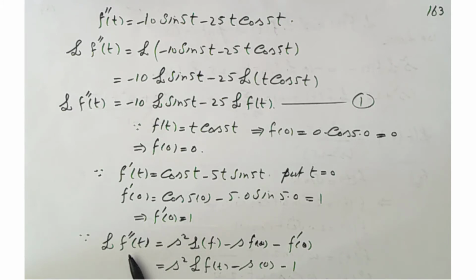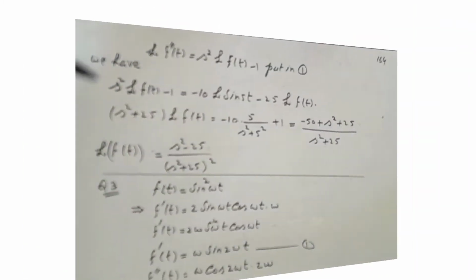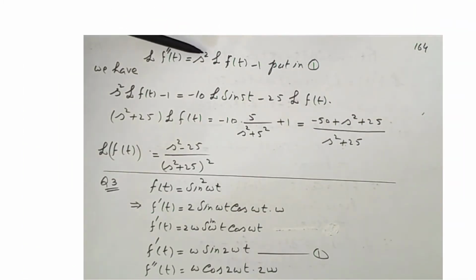Now Laplace of f''(t): this is the formula for Laplace of f''(t). So we put here f(0) equal to 0 and f'(0) equal to 1. After simplification we have Laplace of f'' equal to s square Laplace of f(t) minus 1. Putting this in, we have s square Laplace f(t) minus 1 equal to minus 10 Laplace of sin 5t